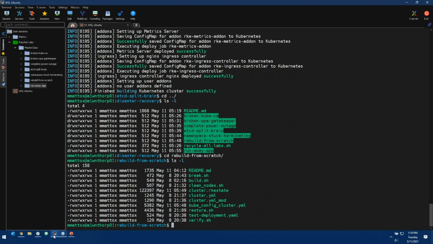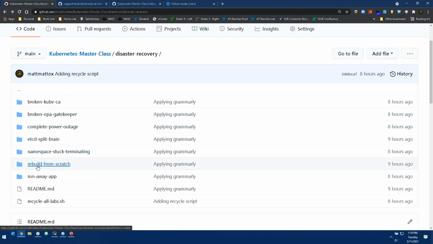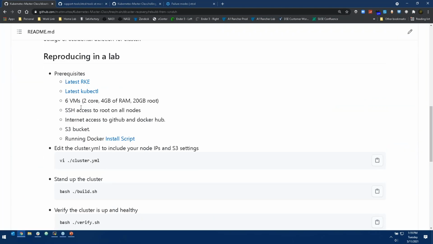So of course I ran the build and break and all that jazz. Let's go into that real quick. From scratch. So this lab's a little special, and it has 6 VMs. It's for the simple fact that we're going to have 3 VMs of our current nodes, and then we're going to simulate that your colleague logged in and accidentally deleted all 3 of your nodes because he messed up on the ticket or something like that. So we're going to assume that the nodes are gone. We don't have backups of those VMs. They're non-recoverable. The only thing that we have is the cluster.yaml and an etcd backup, which in this case is